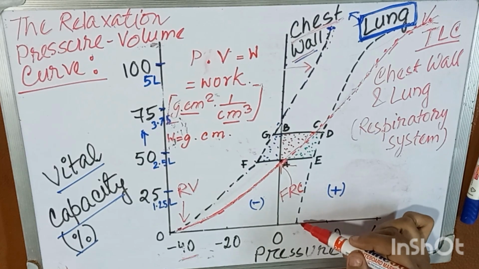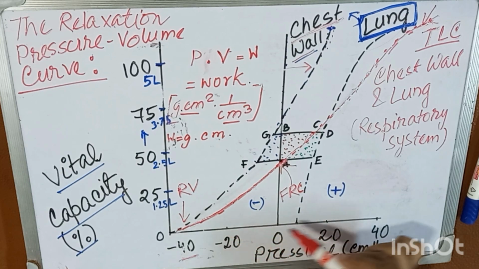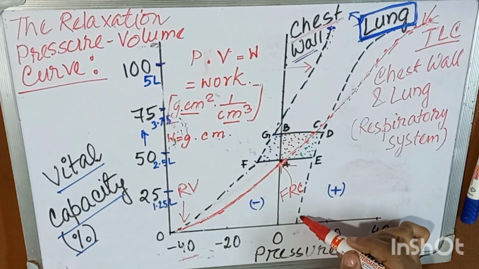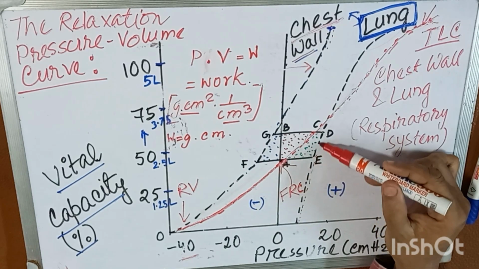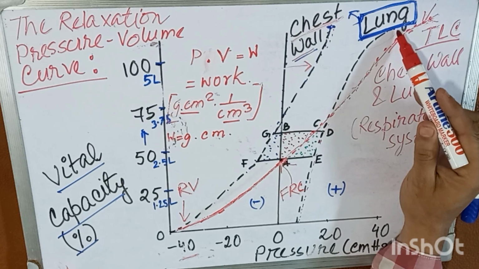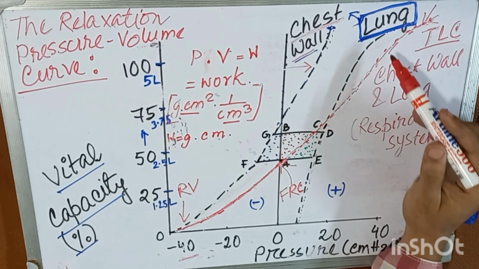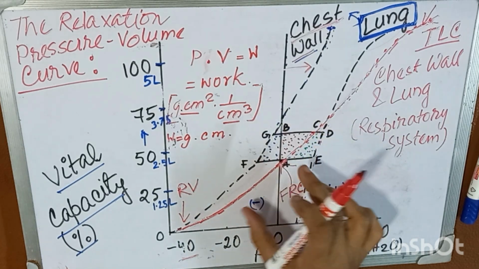The lung tissue doesn't expand at all in the negative pressure zone. It starts to expand in the positive pressure zone. The lung expands at positive pressure and continuously expands until it reaches the 6 liter volume mark. Then, from these two curves, and in our